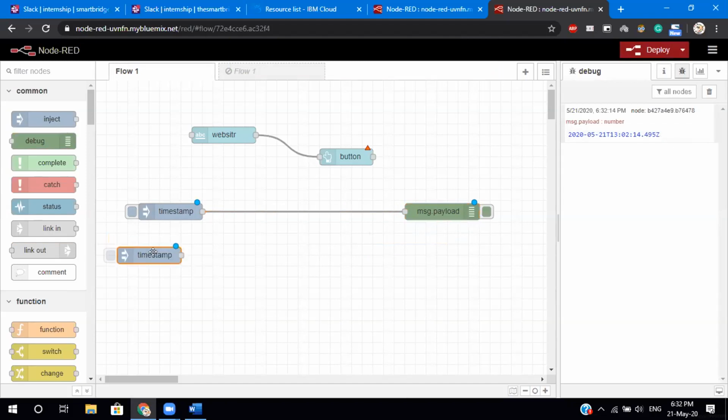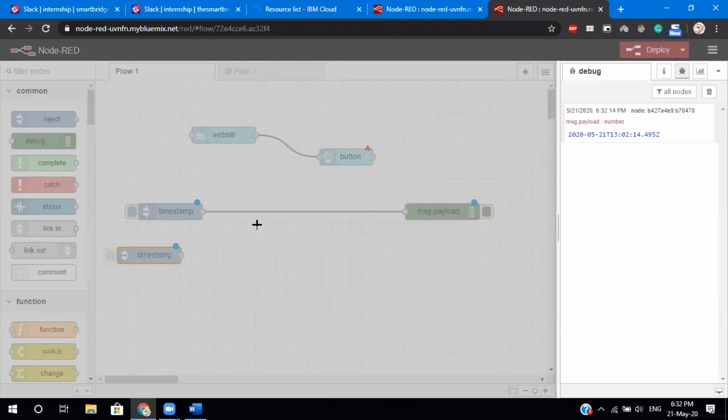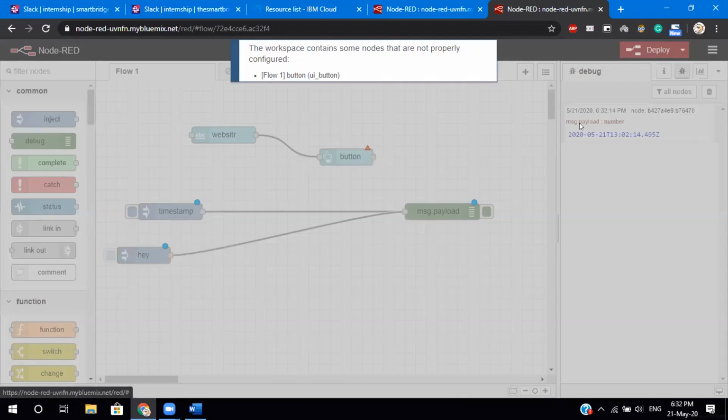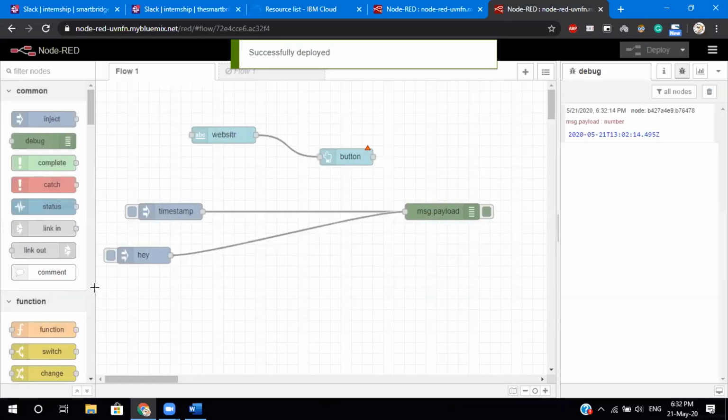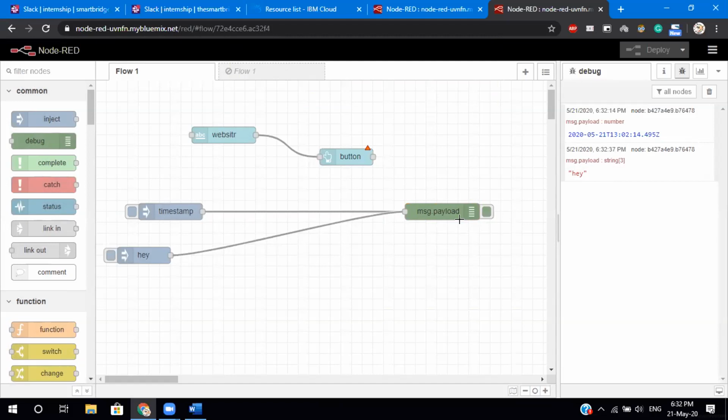I might ask it to inject some kind of string here, maybe hey, and I'll connect it and deploy it, and I get hey, right? So it is all about nodes and connecting these nodes.